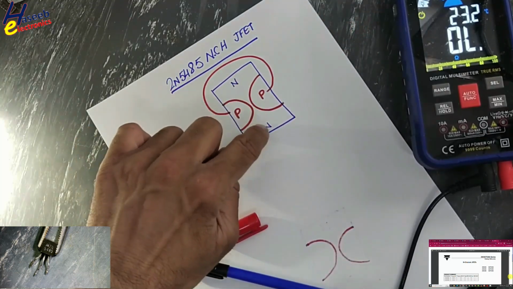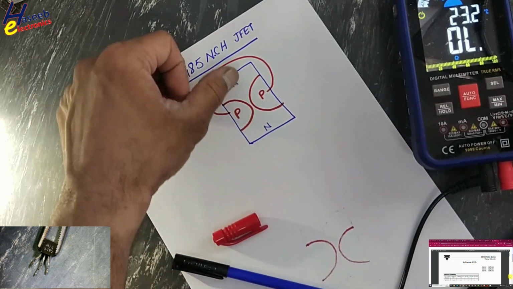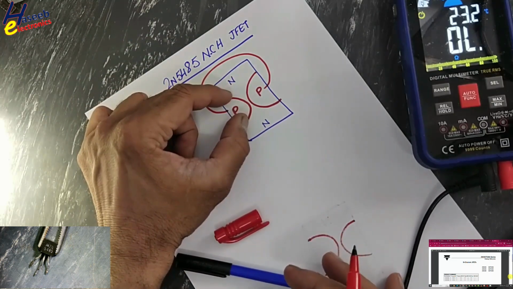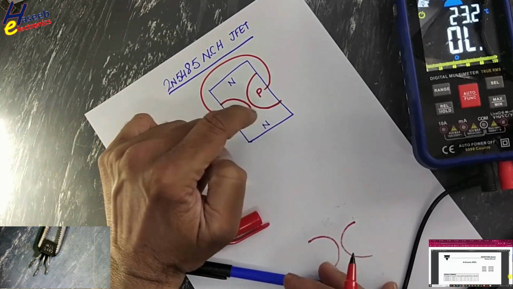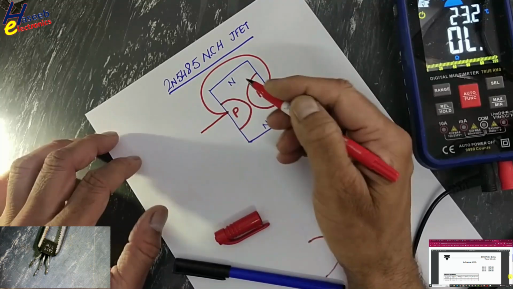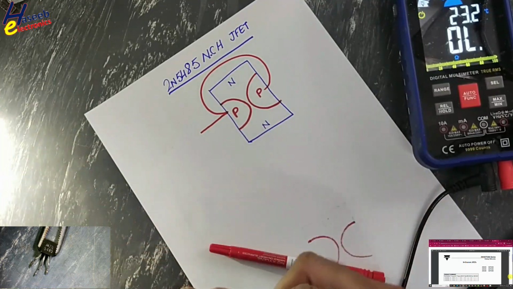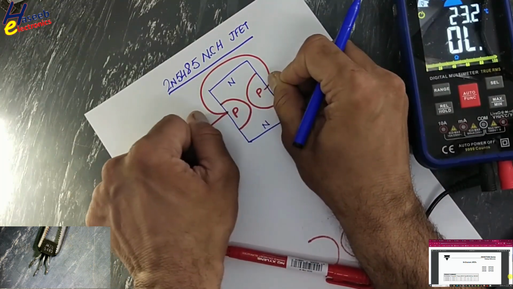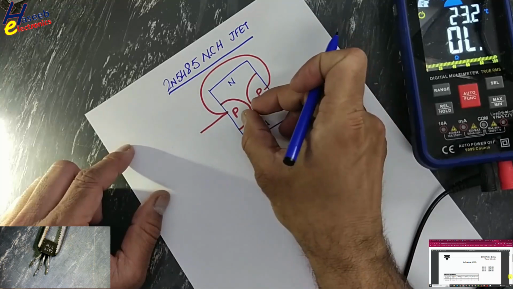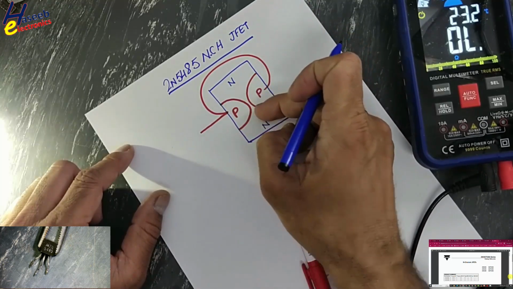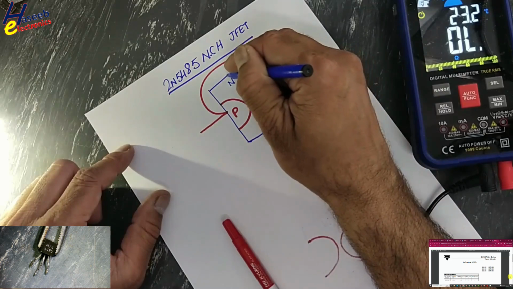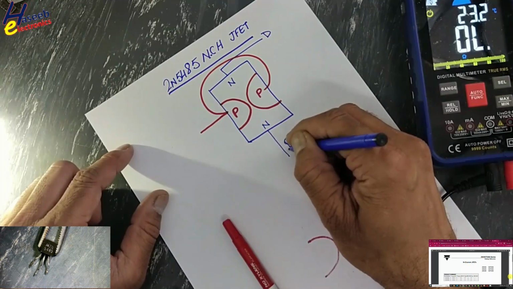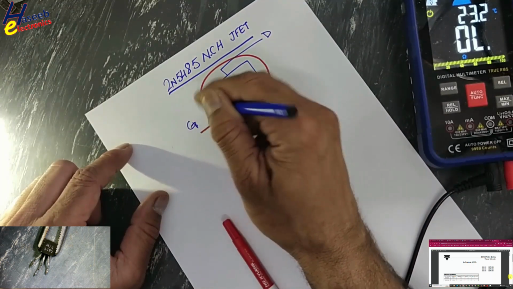This is one substrate. In BJT this material is separate, then a complete layer is present for P channel, here N channel. But in this JFET, this channel will collapse and expand, so it will open or close this entrance. One lead is connected to this point and second lead is connected to this point. It is named as a drain, it is named as a source, and this is gate.